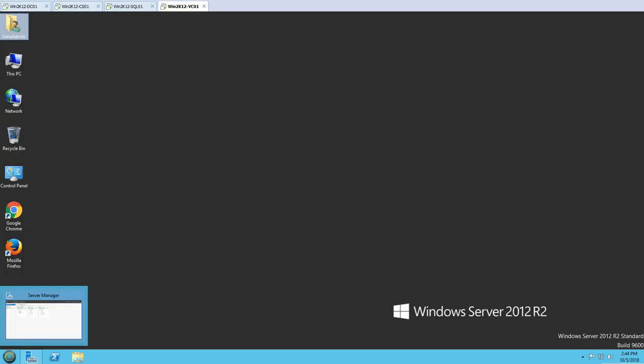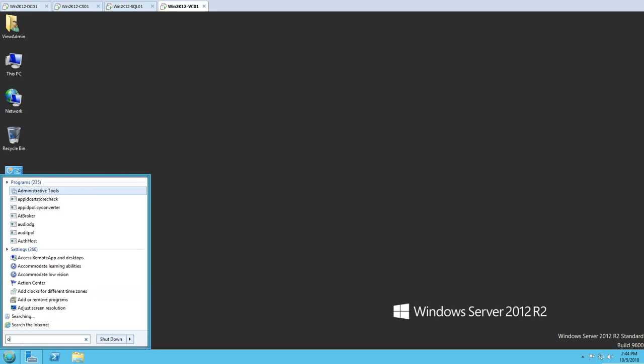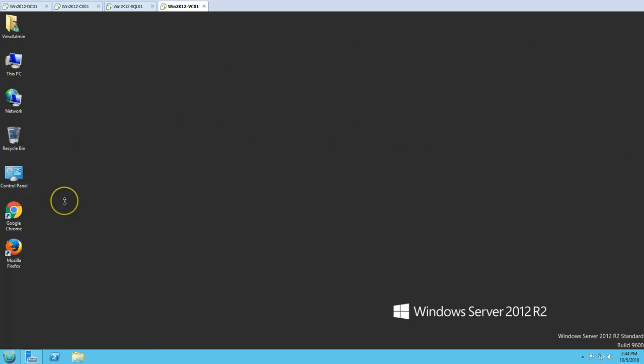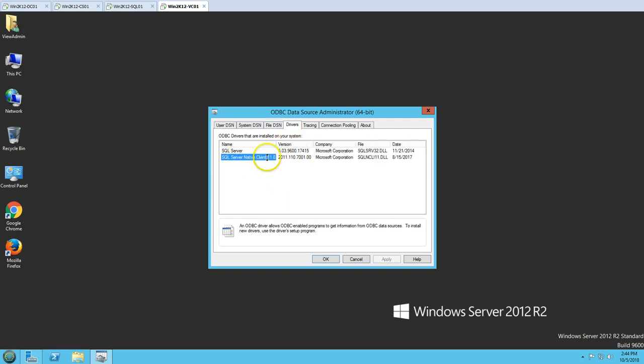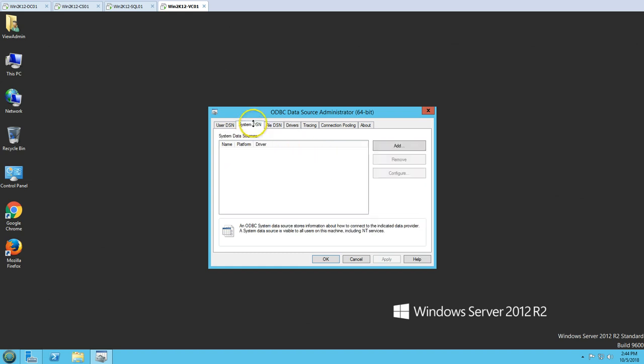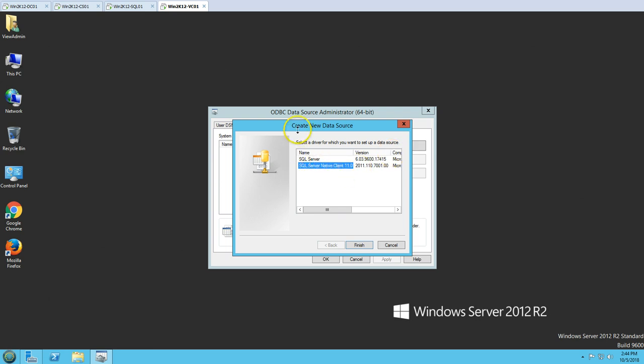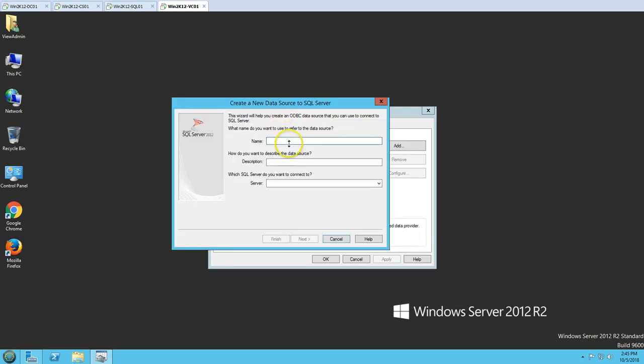for View Composer. I'm going to launch ODBC, 64-bit, and then you can go under the drivers. You can see this is installed, we have just installed this, so this is good. Under the system DSN, I need to click add, and then select this data source, SQL Native Client, and click finish. Then we need to type the name of the SQL data source. I'm going to call this View Composer,